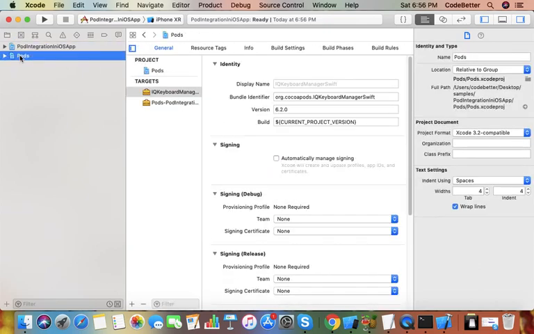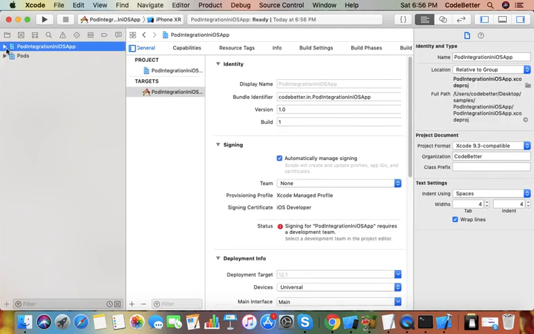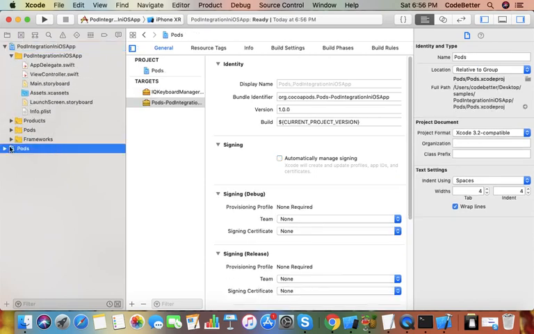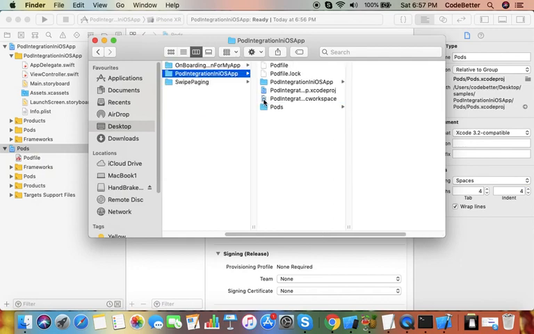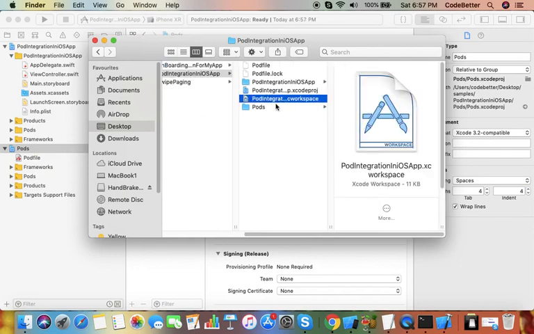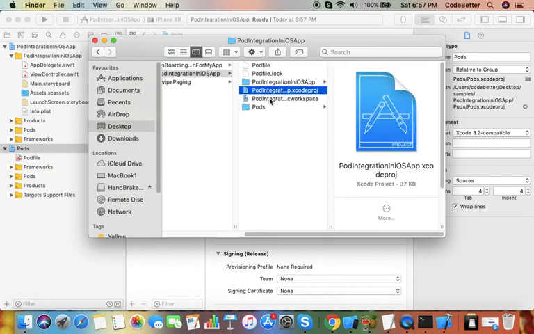One is the Pods project, which has one target, IQ Keyboard Manager Swift, and one is our project. So our project is intact. There are no changes in our project, but we have one more project here. So please make sure that you always open the workspace file in place of your project file.